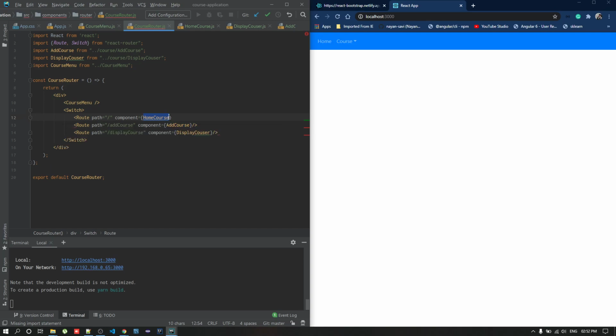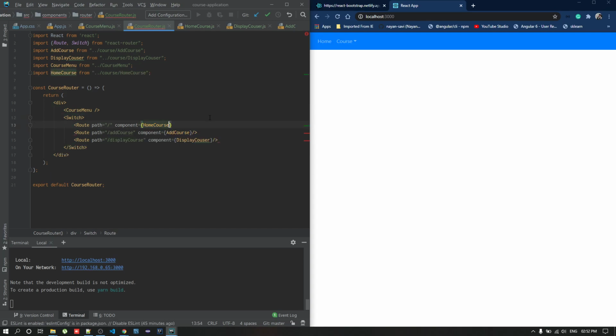We'll import the course application over here. We are done with the import. Okay, we'll run it. Yeah, we can see the course application. Once the user clicks on the home menu, it will navigate to our course application. If we click on the add course, it will navigate to add course.